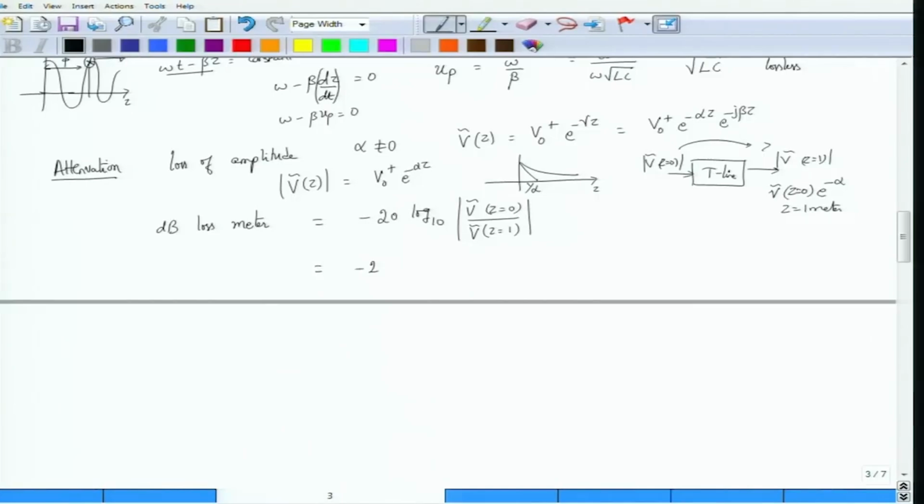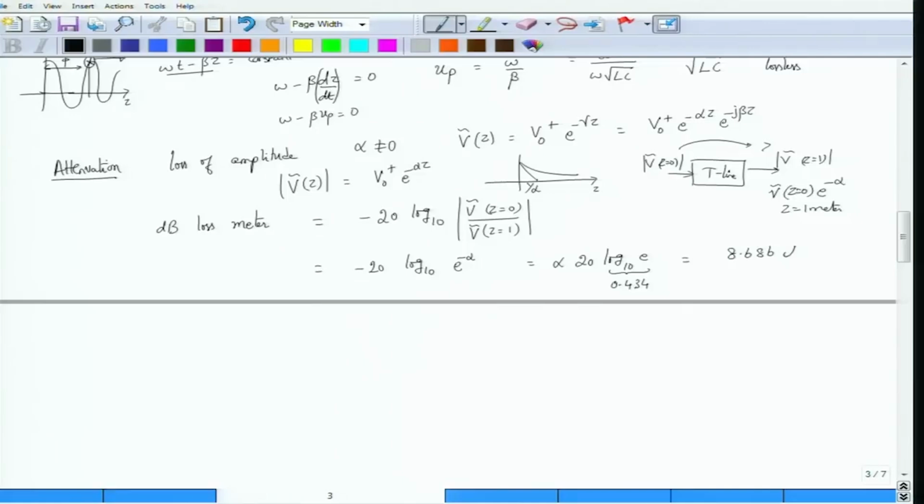What you get is minus 20 log 10 of V0 plus over V0 plus times e to the power minus alpha. Now you can rearrange this, or take the log, and what you get is 20 alpha times log to the base 10 of e, but this log to base 10 of e is nothing but 0.434. You can check the log tables, and what you see is that the dB loss in meters is actually given by